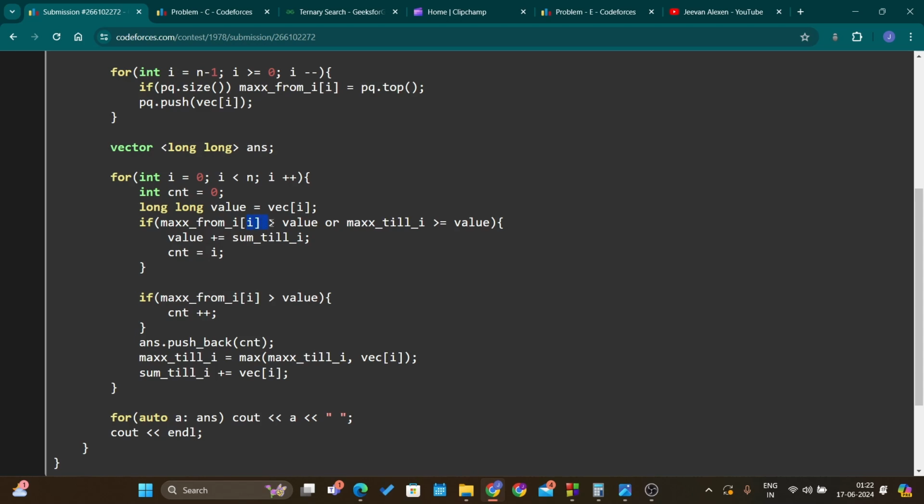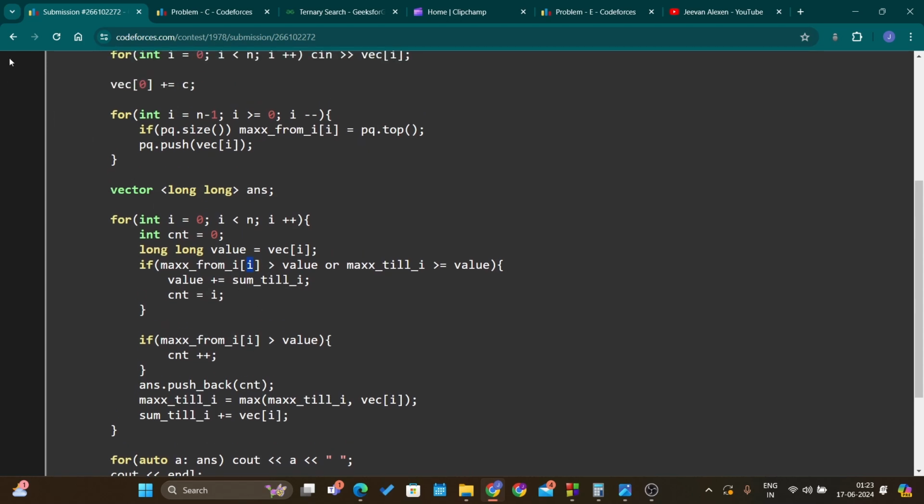So since it is the lowest index, even if there is a value equal to vec of I after I, we will choose the ith candidate because it's mentioned in the problem statement, right?